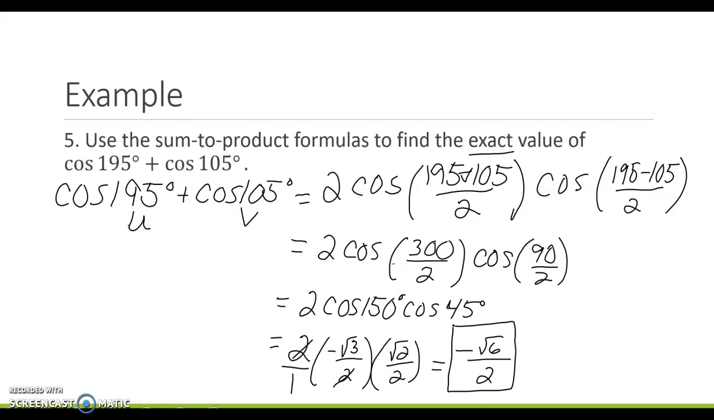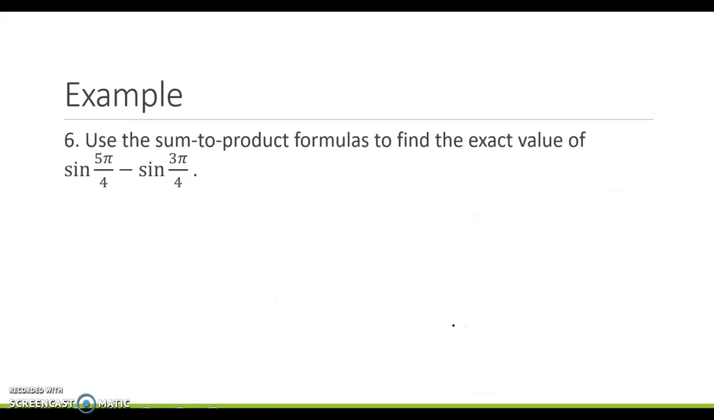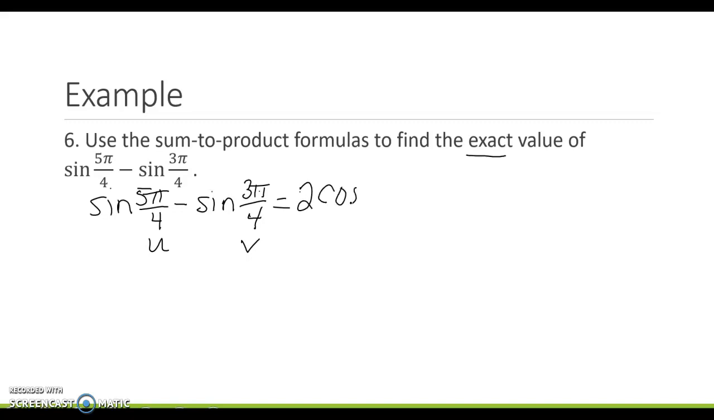Okay, let's finish up with one last one. So we're going to change this difference into a product and again find the exact value. This is going to be using the second formula. So sine 5 pi over 4 minus sine 3 pi over 4. This is U, this is V. So I end up with 2 cosine